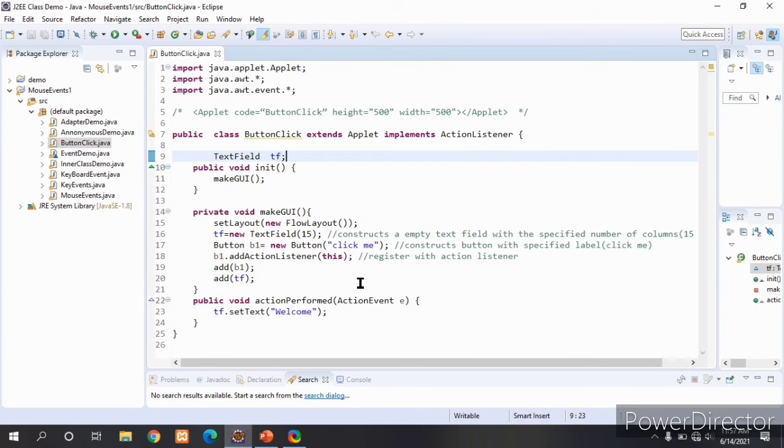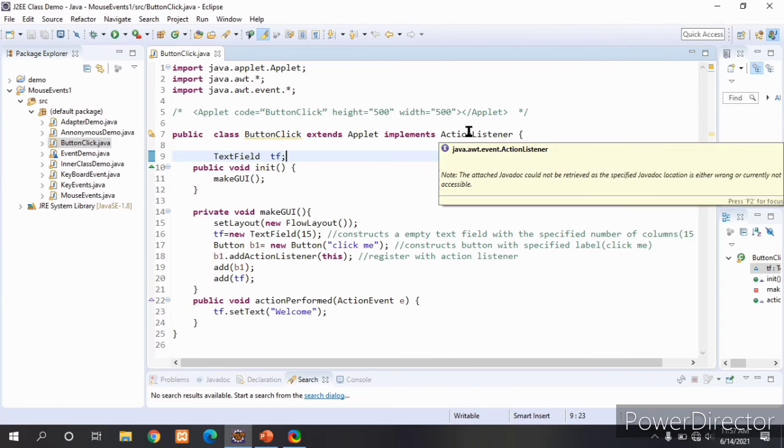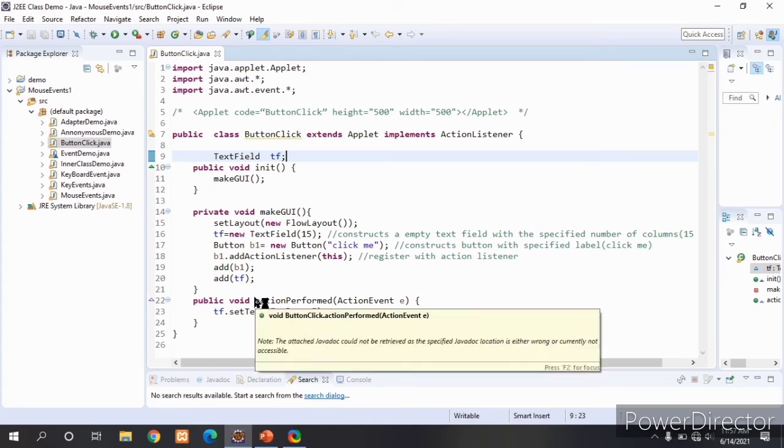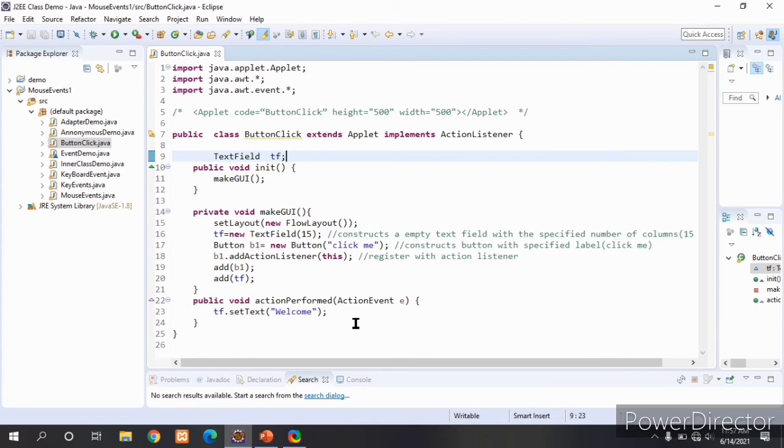Now we have already registered the button. Next we need to handle the event. When I click on the button, the action listener will invoke the actionPerformed method. What is the action doing here? It is displaying a welcome message in the text field.